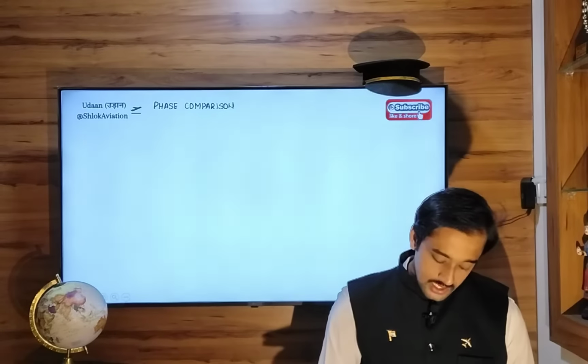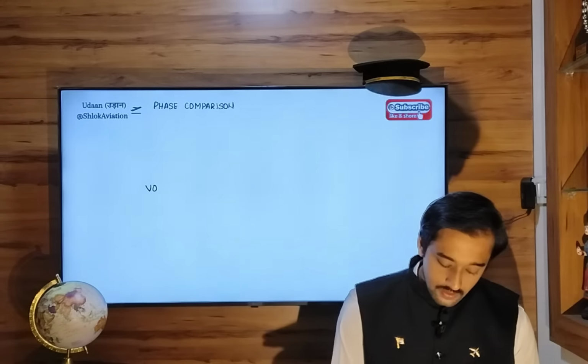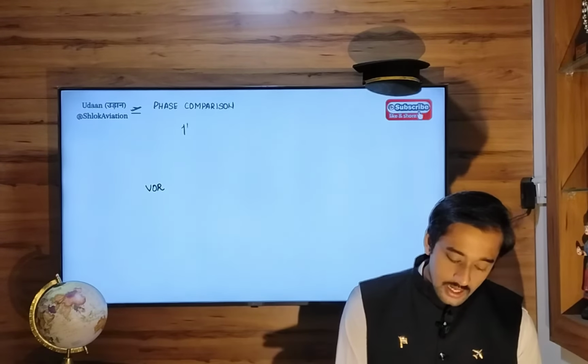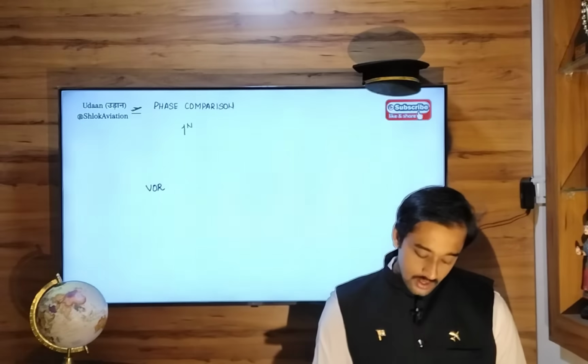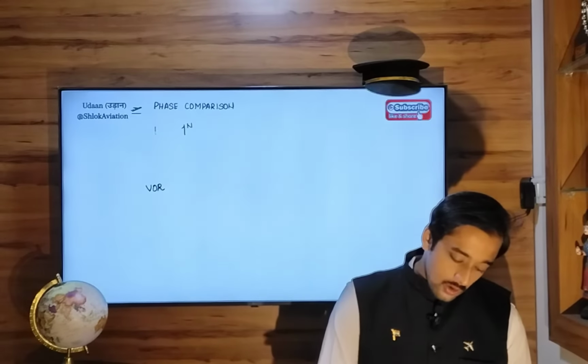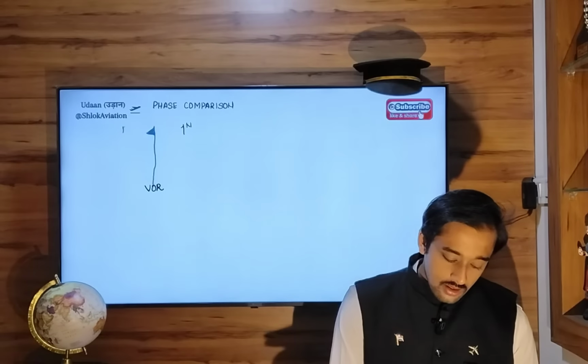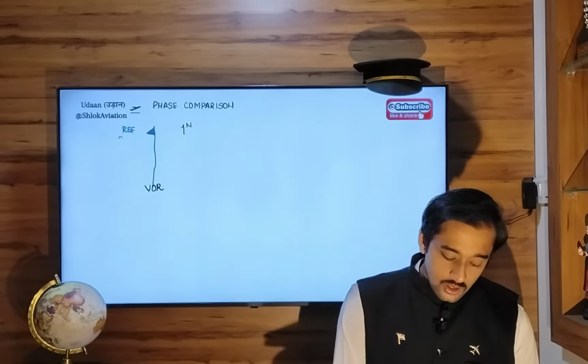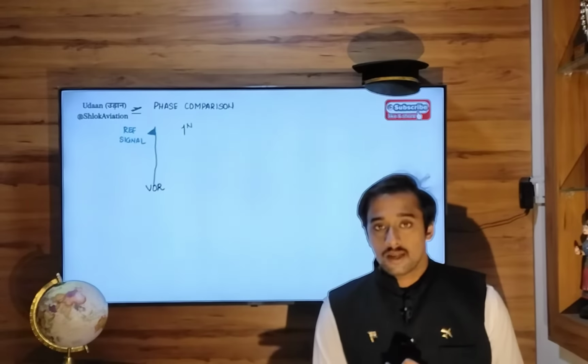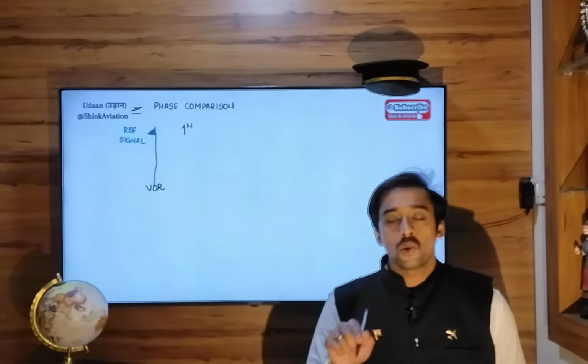Meaning, if there is a VOR station in the center, and this is your north datum, we have one reference signal given out by the VOR, which is always oriented towards magnetic north, and another signal is a variable signal which continuously rotates